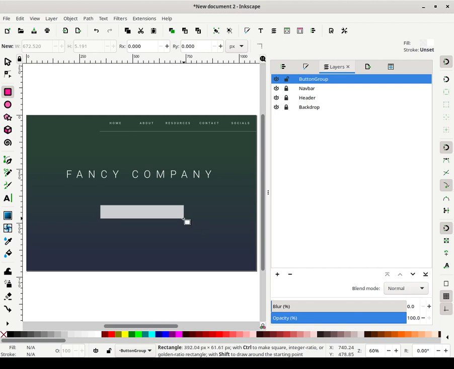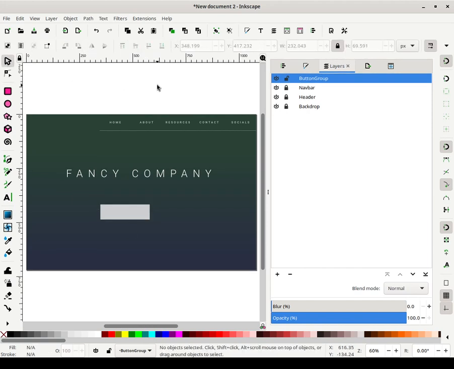Oh, and in case you're wondering, why would you design a mockup in Inkscape and not in Canva or in Figma or whatever that other people are using, or in Photoshop, seeing as Inkscape can't directly export? Well, the cool thing is most browsers support SVG, so I can load this in a browser and see what it looks like directly. I mean, yes, you can export PNG as well and do all that stuff, but you can export this to a browser. You can use the inspector and look at the colors and different stuff like that. And as I said from before, if you know what you're doing, you could turn an SVG into a full website, so you can save yourself some trouble there.